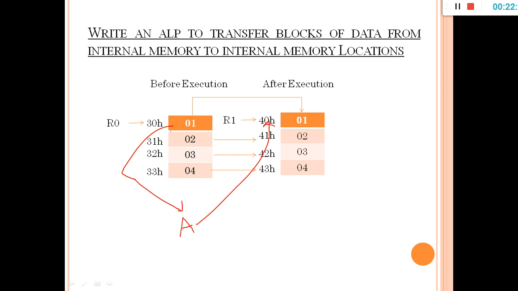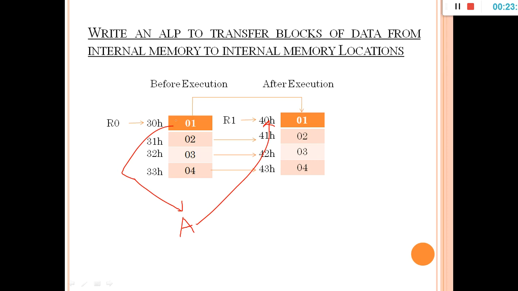So now after writing MOV R0, #30 and MOV R1, #40, one more instruction you have to include, that is initialization of the count. It means how many blocks of data you are going to transfer to another internal memory. Now I took 4 data, so I will write MOV R2, #04h. R0 and R1 are also registers but they act as pointers. Those two pointers are busy now for pointing to 30 and 40, so you can't use those registers to initialize the count. The remaining registers you can use, R2 to R7. So I will use R2: MOV R2, #04. 04 is how much data you are going to transfer from one memory to another memory.